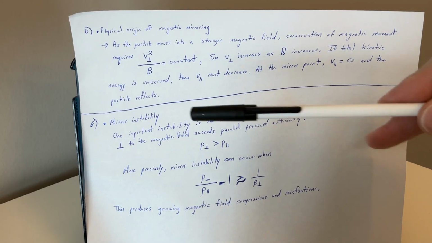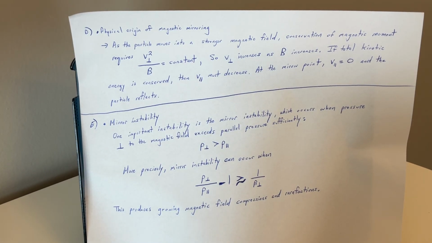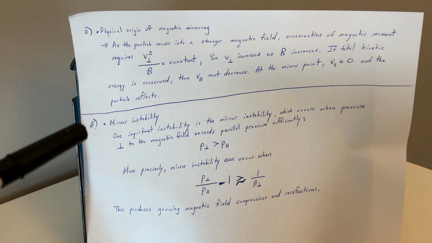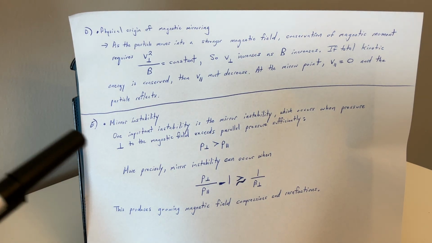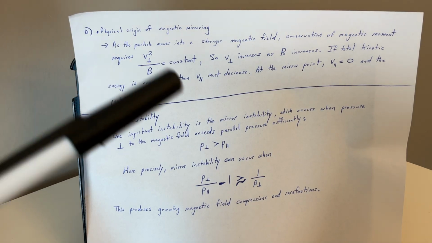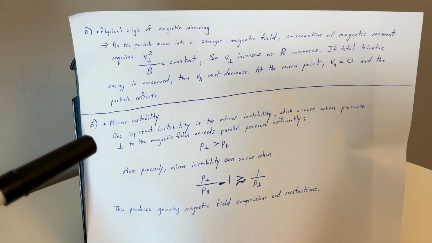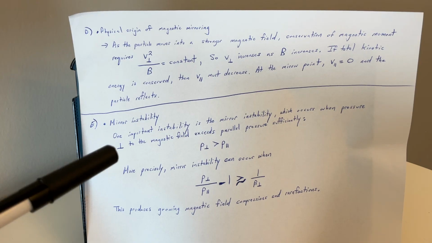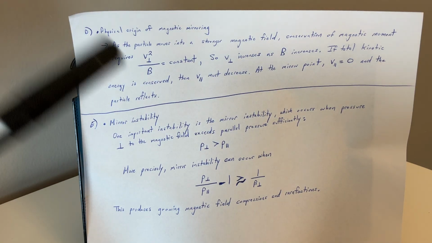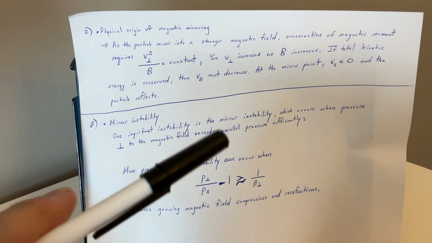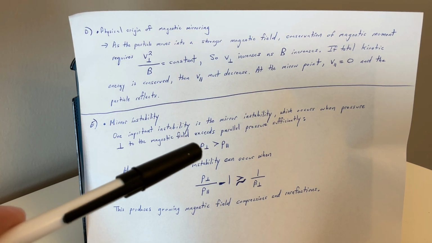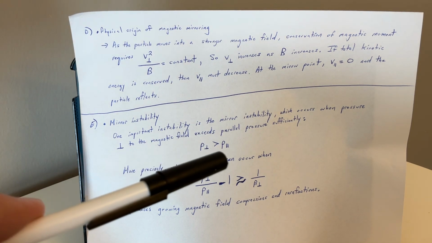Okay, and for letter E, what they wanted is to discuss one major instability associated with mirror confinement systems. So, mirror instability, what we could say, is one important instability is the mirror instability, which occurs when pressure perpendicular to the magnetic field exceeds parallel pressure significantly. So when the pressure perpendicular is greater than the pressure parallel,